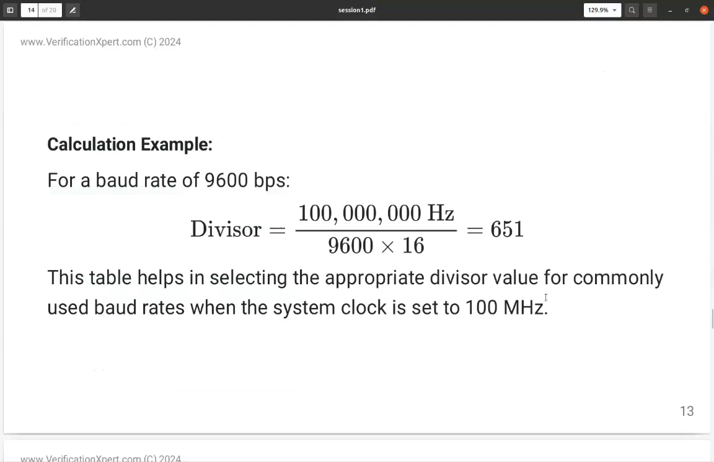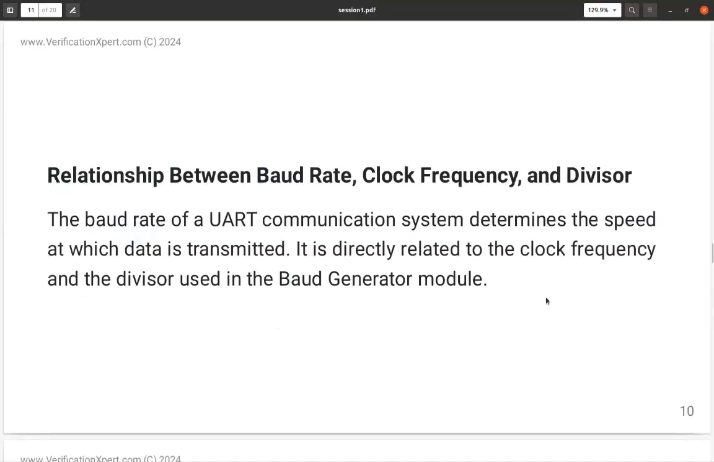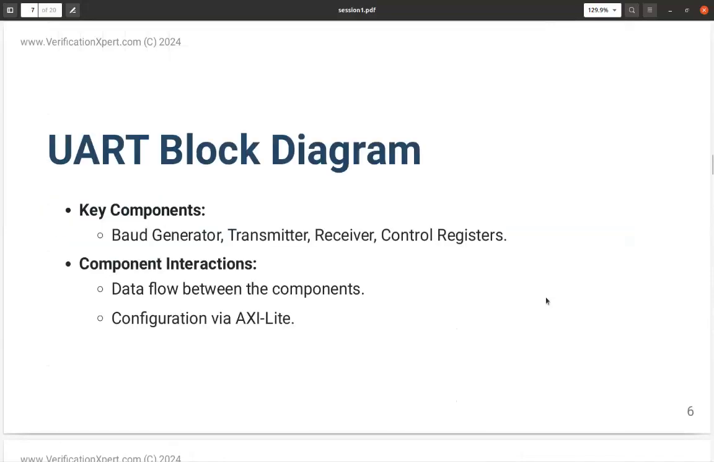So this is the example calculation, for a baud rate of 9600 symbols per second. The divisor will be 651, which is the nearest integer. It may have some slight error, but it is recoverable. So it will not create any errors. Okay, so before going to that,